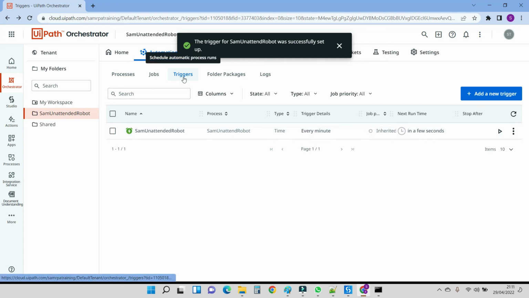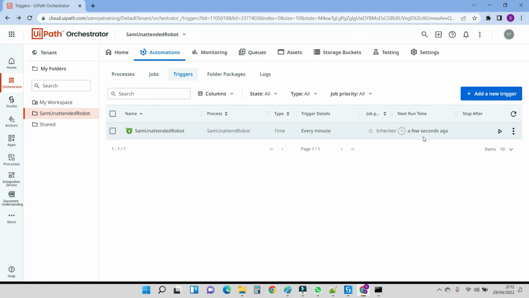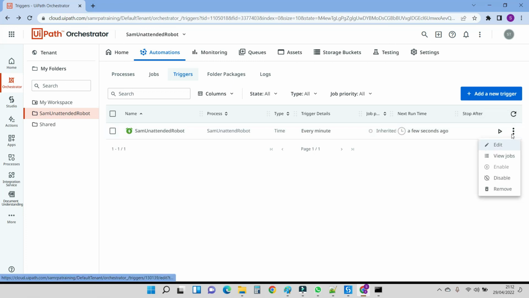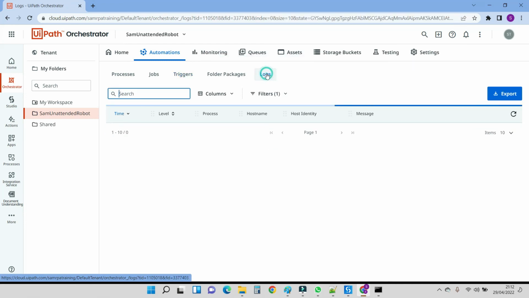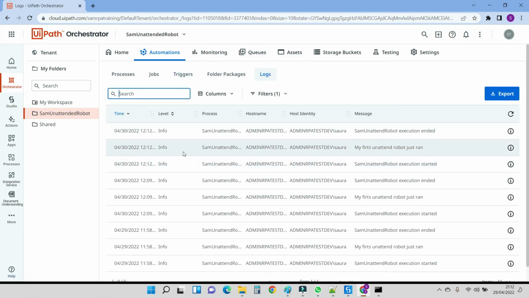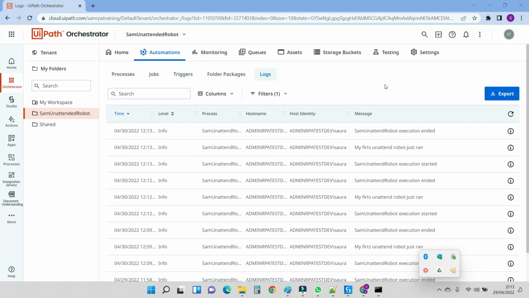So our trigger is done. Its next runtime is gonna be in a few seconds, and then every minute we're gonna see it running until we go back here and disable this trigger. Let's go to the log and see it. So it ran at 12:12, 12:09,